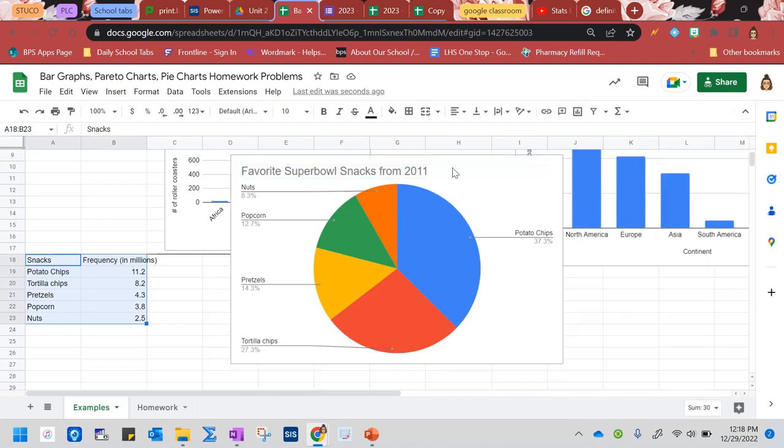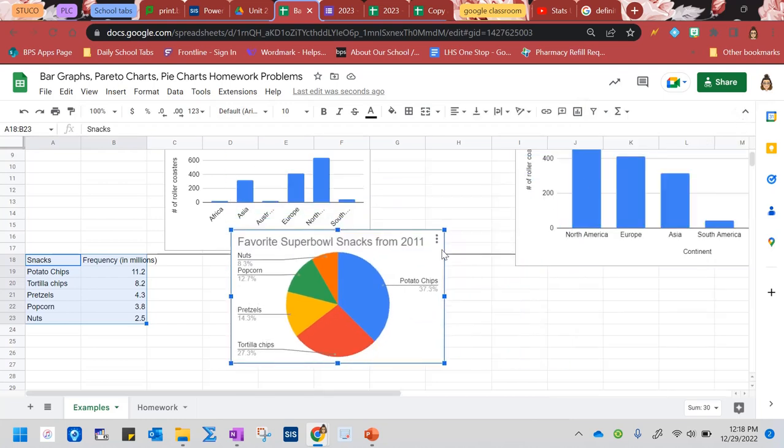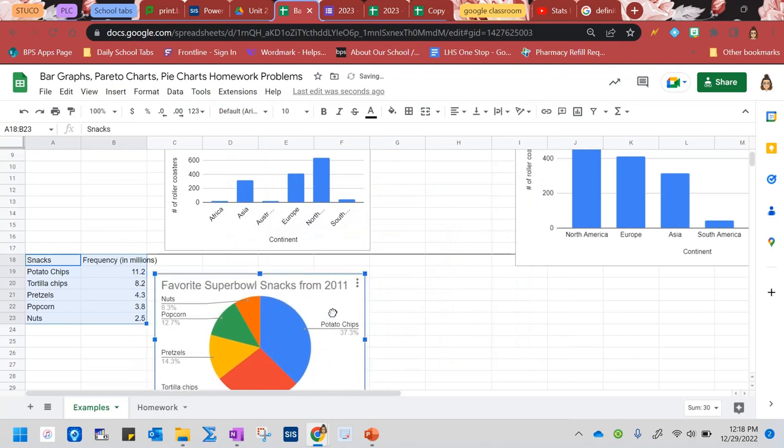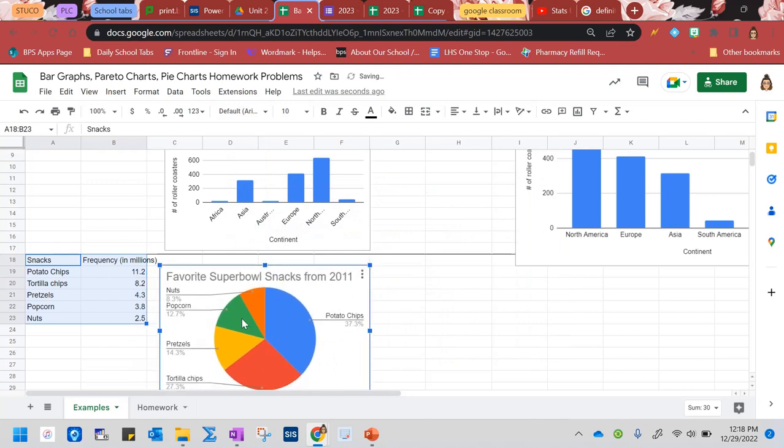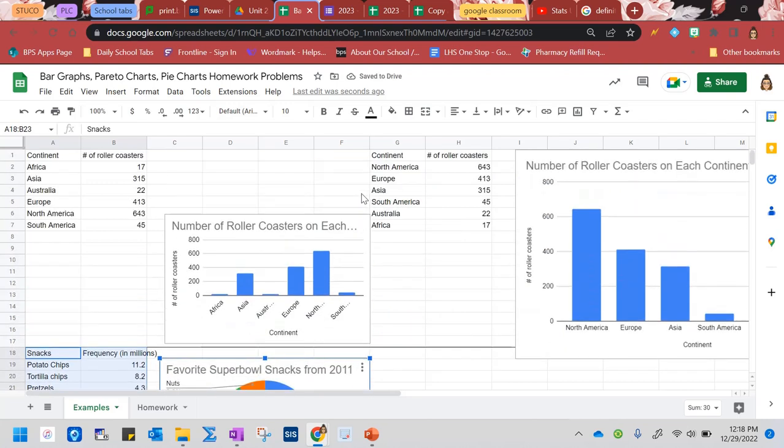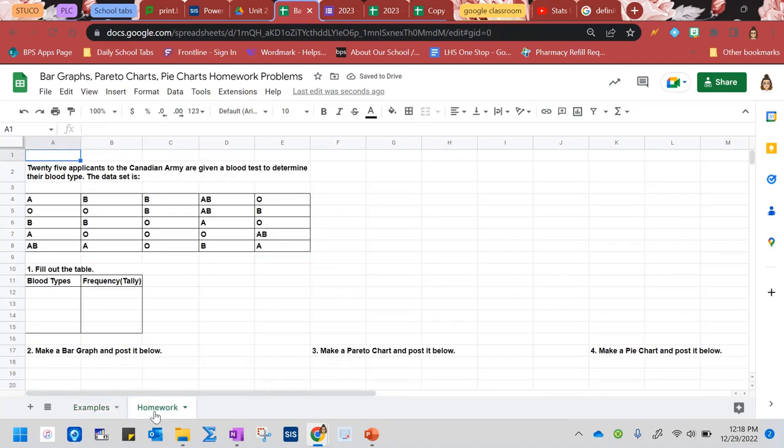And maybe you even know a quicker way. Maybe you guys are way better versed in Google Sheets than I am. So maybe you know a quicker way on how to make all these charts. But there we go. So you're going to be doing the same process for the homework examples,